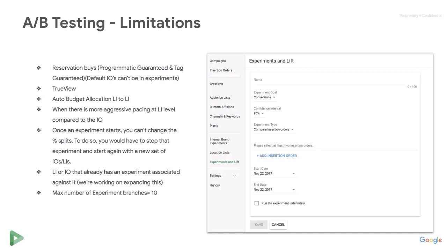There are different limitations to A/B testing, specifically certain formats and types of campaigns. For example, reservation buys, you will not be able to add those IOs in experiments. TrueView, we don't recommend, as this is running on a different environment. Auto budget allocation may be a little bit tricky to use with experiments, just because the budget is very fluid and it may interfere with the algorithm and the testing that we are